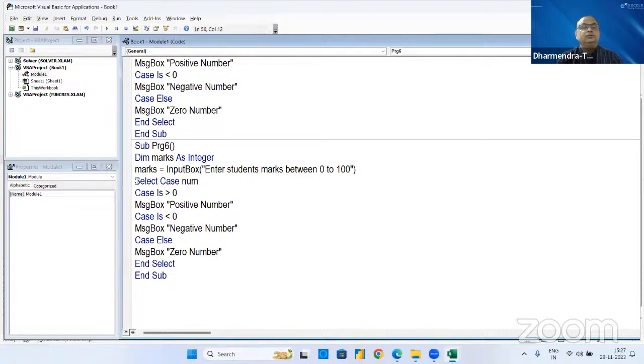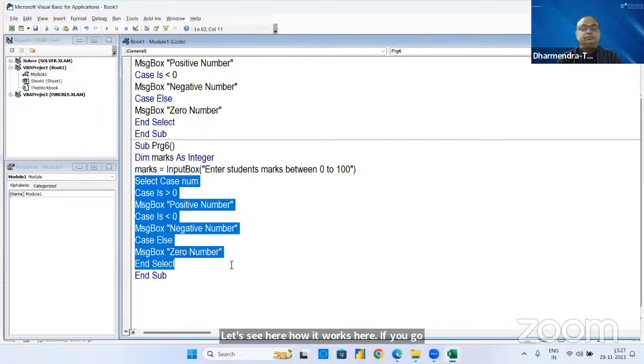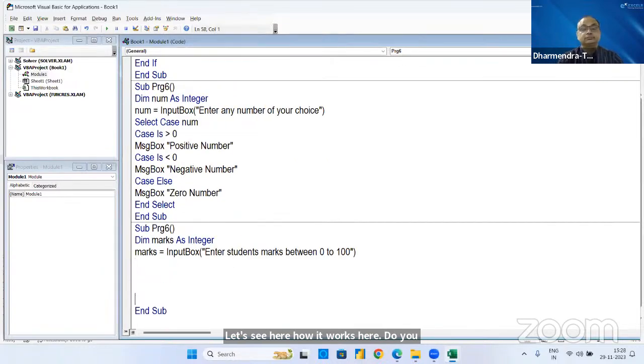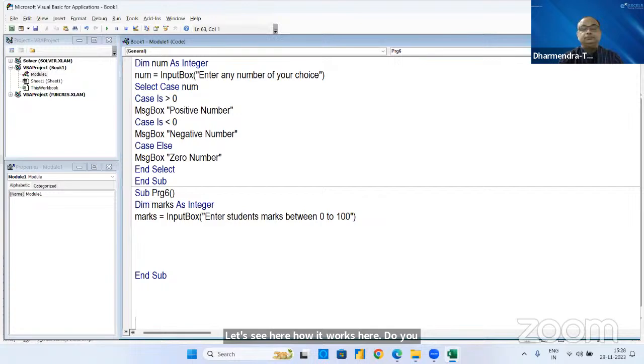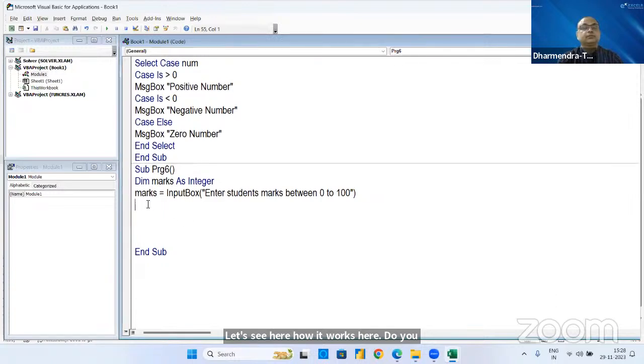So let's see here how it works. Here you can delete this. So Select Case. Now what we want here, Case is